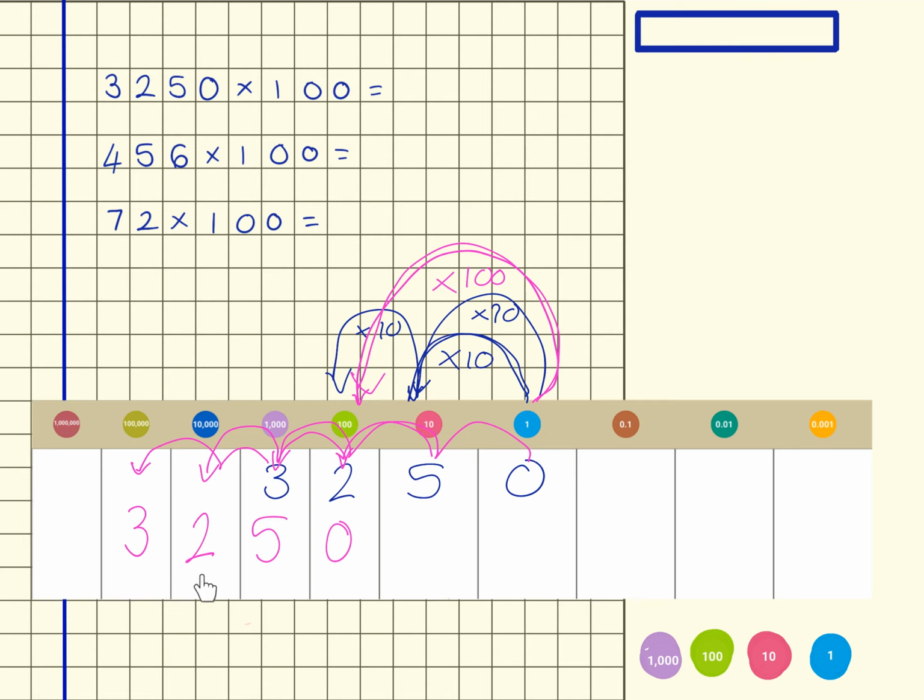You shouldn't have a 3 and then a 0 and then a 2, then a 5. The numbers should remain in the same order and next to one another in the same places. And then what we need to do here, because this is where the decimal point would be, between the ones we've got here and the tenths that we've got here, we're going to put those zeros in to show that we now no longer have anything in our tens column and we still have nothing in the ones column. So that shows us then that